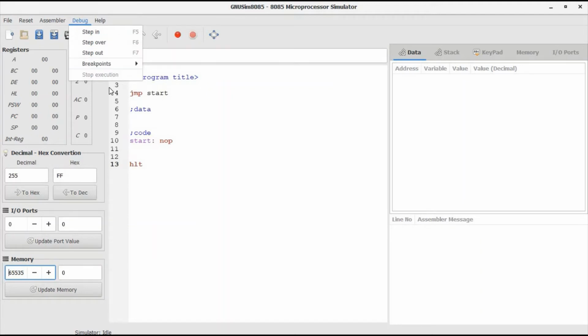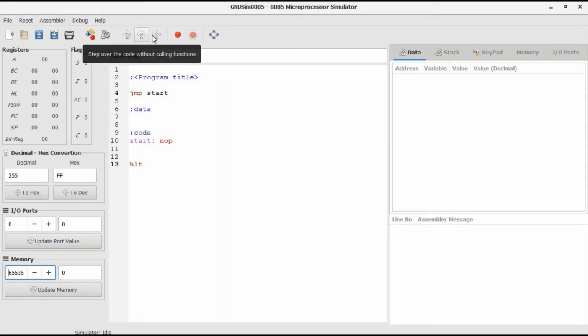From this tab you can do the assembly programming, execute the assembly program and load the program. These buttons are used to step in the code, single stepping, and step over, and this is for step out. This button is for toggle breakpoint and this button is to stop the debugging.